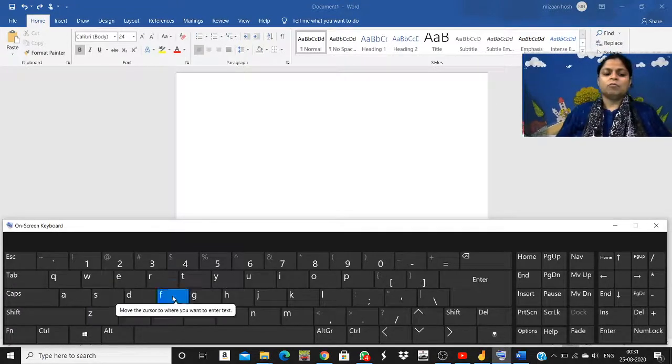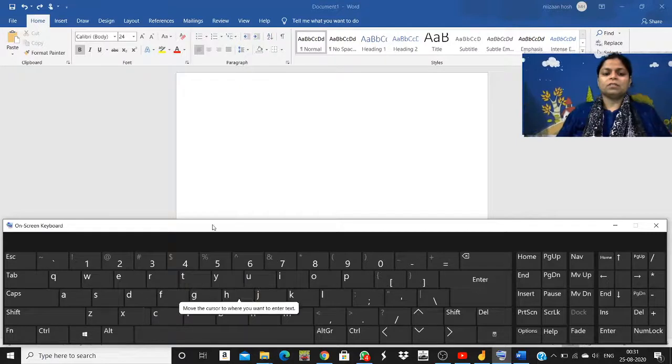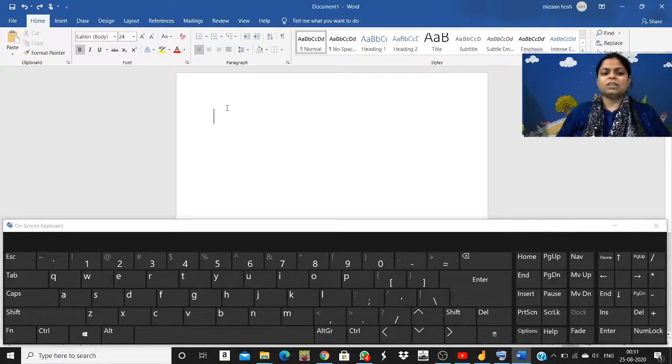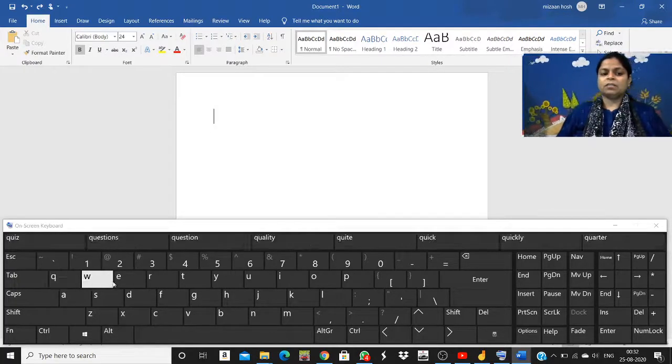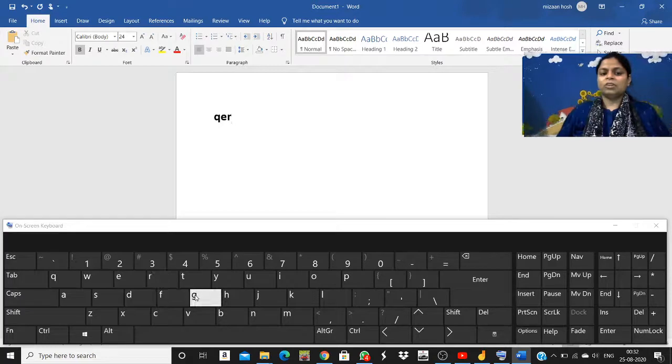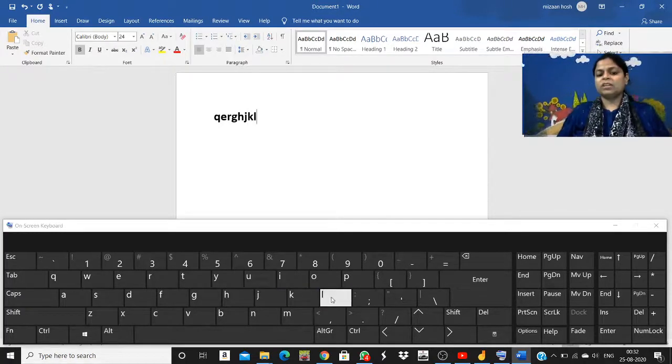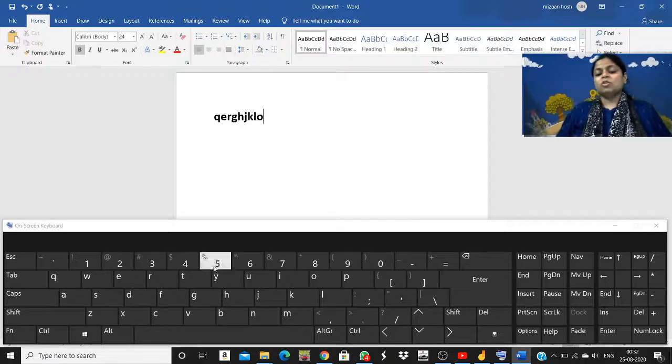and see the letters are all coming in small letters. Whatever you will press, first this cursor should come. This is cursor, and this is known as blinking line. This is very important. If there is no cursor, there will be no typing. Fine, so the cursor is there. I have clicked with the help of mouse. Now I will be clicking on the letters. See, whatever letters I am clicking, that same is coming on your screen. Okay, so this is how it is coming.